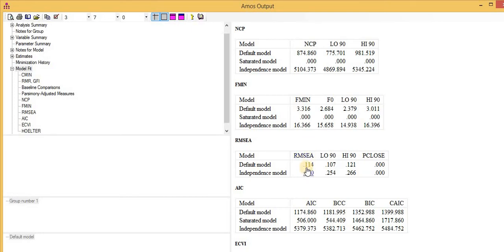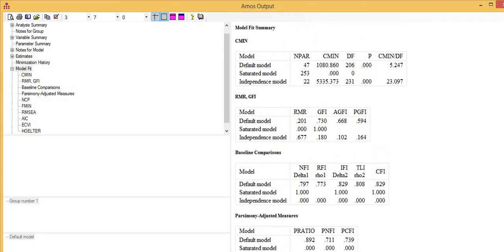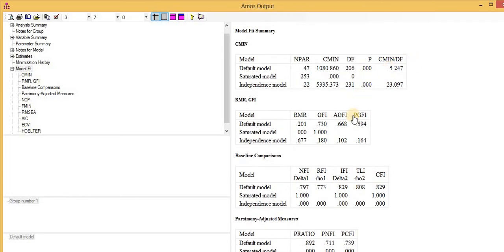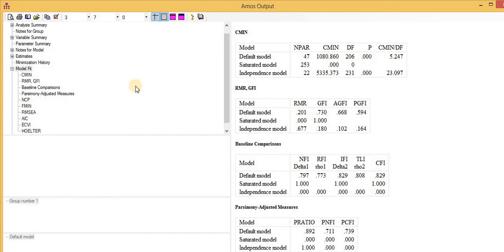As per these results, my model is not fit according to the threshold values, but today's lecture is about how to show these values and where these values are placed. In my next lecture, I will tell you how to treat the data. Please see my next lecture, how to treat the data if the results do not come under the threshold values, so how you can treat the data to get the results into threshold values. So this lecture is just about showing you how to conduct the CFA.